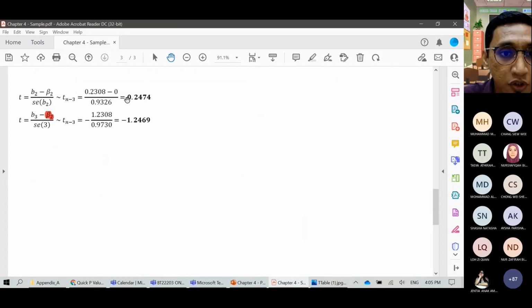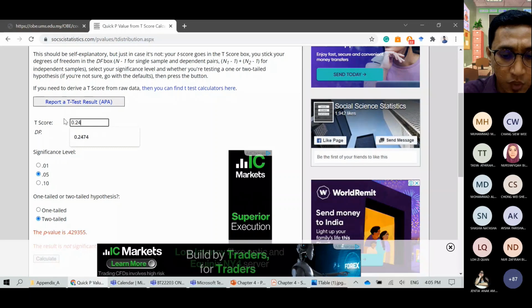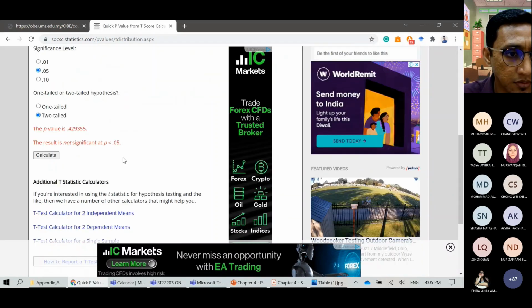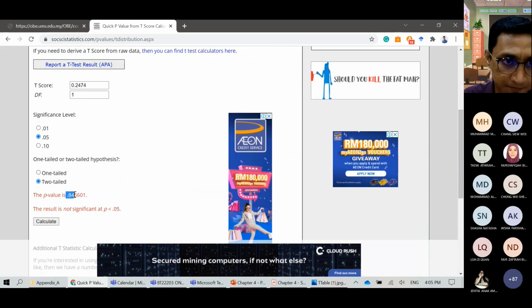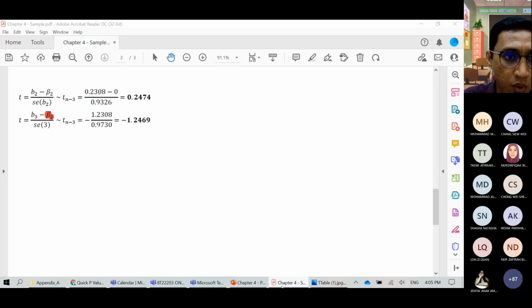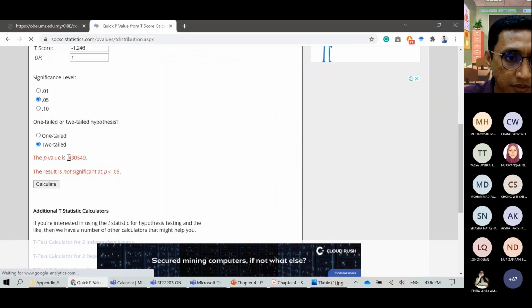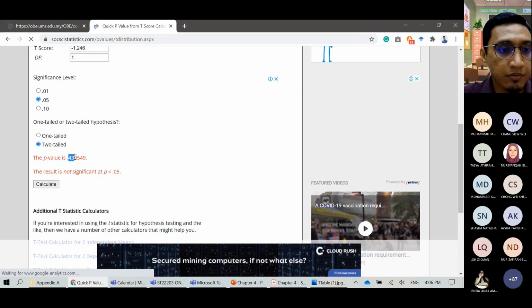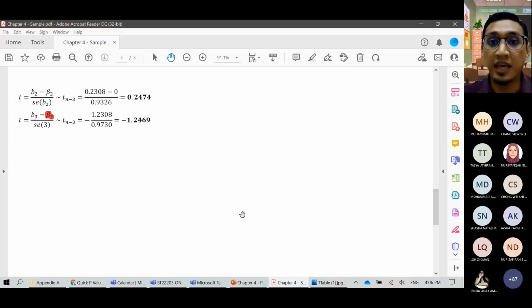So B2, 0.2474. Of course, this one is even smaller, so the p-value must be very, very high. Here we have 84%, obviously. Then for B3 we have 1.2469, so 43%. Also, the p-value is higher than the significance level of 5%. For that, we fail to reject the null hypothesis, and we cannot conclude that x2 and x3 are significant in